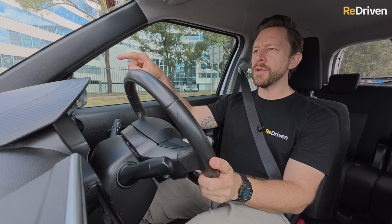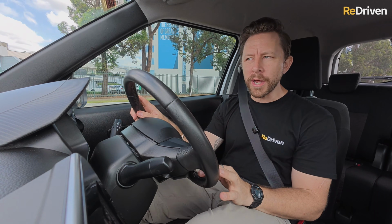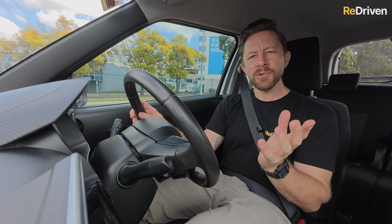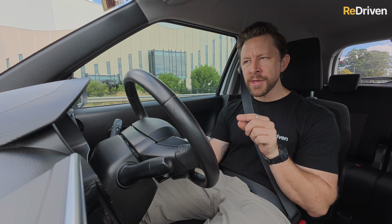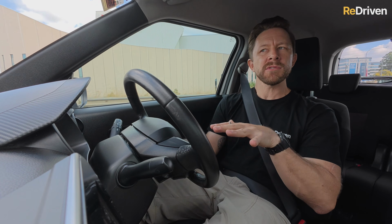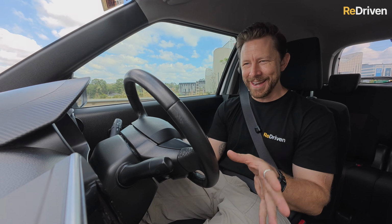And then because the wheels are out at the far corners of the car, everything from hammering through a roundabout to trying to find a tight park or get it into a tight park is an absolute blast. Also, the vision out of it is excellent. And the ride quality. Now, I think the ride quality has actually improved with age. When they're new, they can sort of bobble about a little bit, but this is, I can't believe I'm saying this about an Ignis,